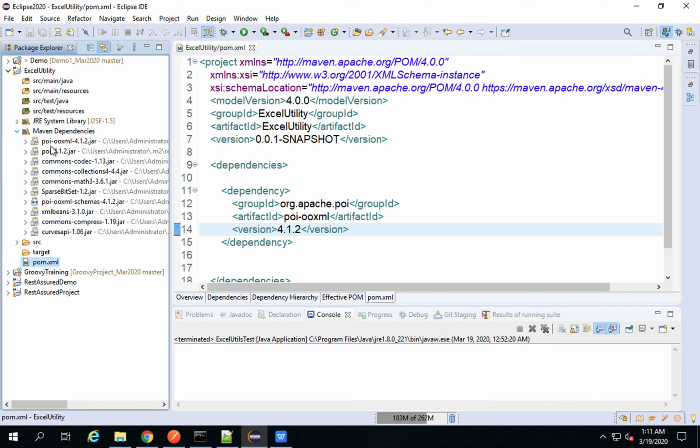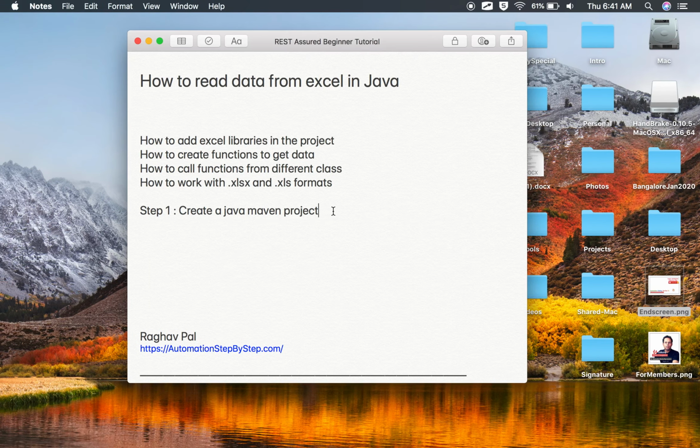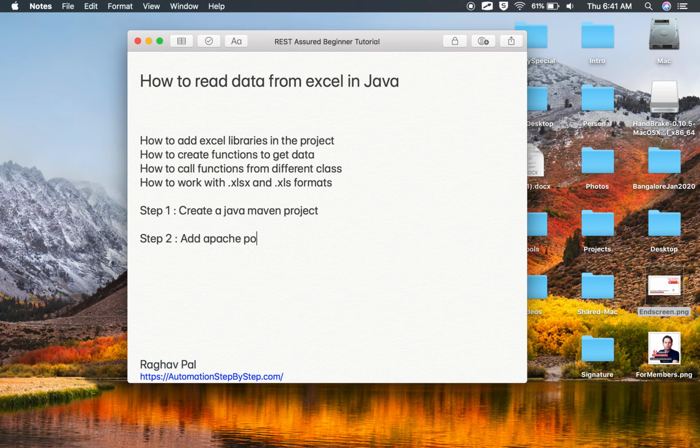If I expand this, you can see all the Apache POI and required libraries are added, and this is the advantage of having a Maven project. Now I do not have to do anything for management. It will take care of all this file management and library management. In case a new version comes up, I will just have to change the version here, and I will save the project again, and everything will be taken care of. So we have created a Java Maven project and added Apache POI Maven